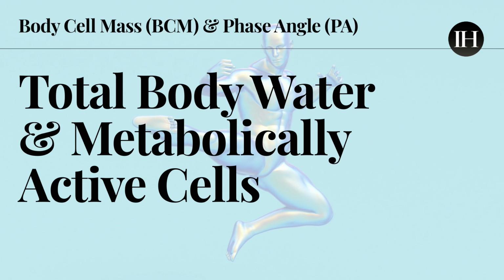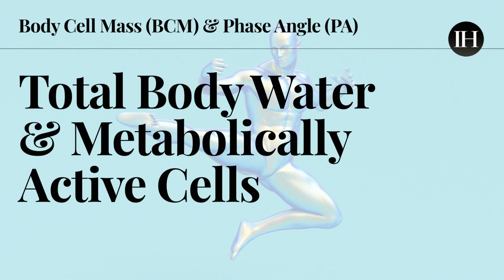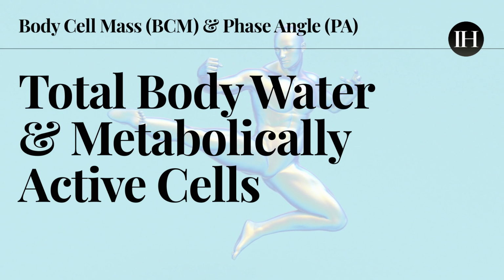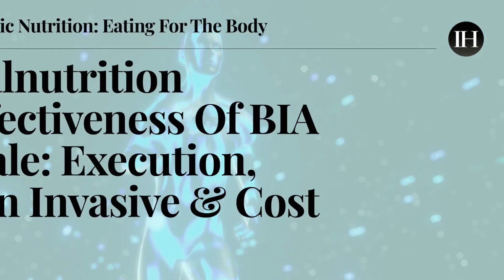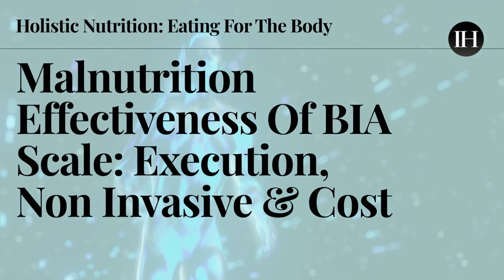Also, another metric based on the BIA scale mechanism is the phase angle metric, which in body composition analysis refers to the relationship between resistance and reactance in a bioelectrical impedance analysis. It provides information about the cell membrane integrity and the amount of water in the body's cells. Cimino et al. 2023